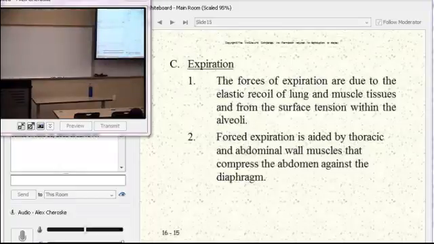So, for inhalation, we actively contract the diaphragm, and then the external intercostal muscles, and we increase volume, decrease pressure, and in order to make the air go out, we just relax these different muscles. So the diaphragm, which is flattened, is going to come up. The external intercostals, which are holding the ribs out, are going to allow the ribs to come down again. So we're compacting this area. As we make it smaller, all the air goes in,